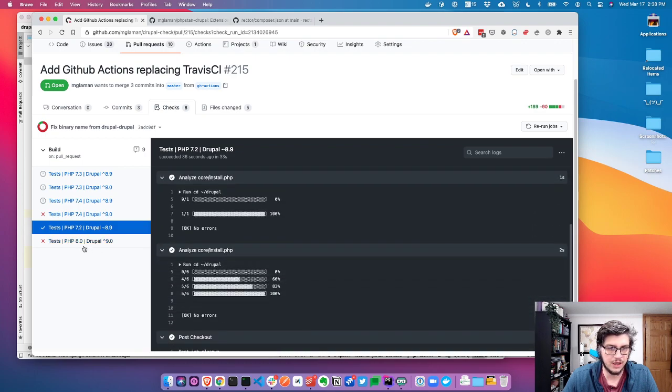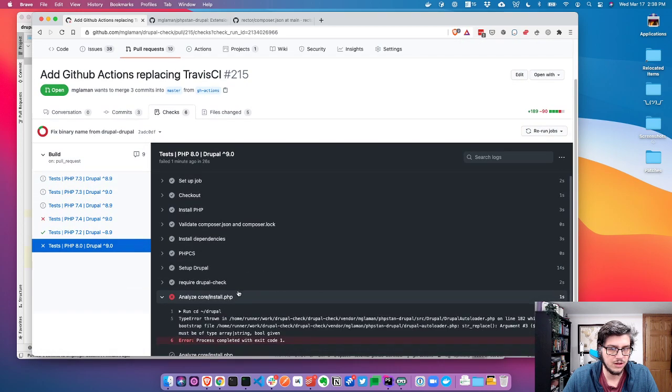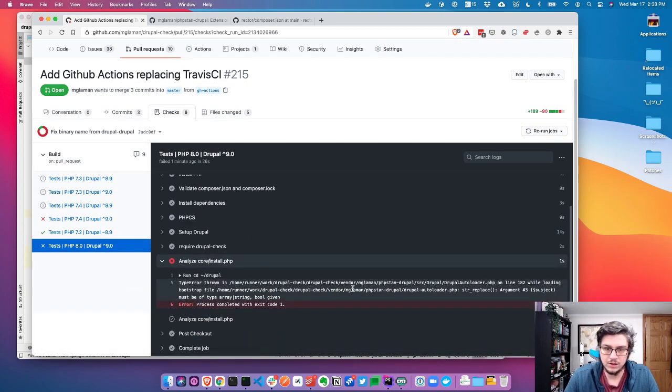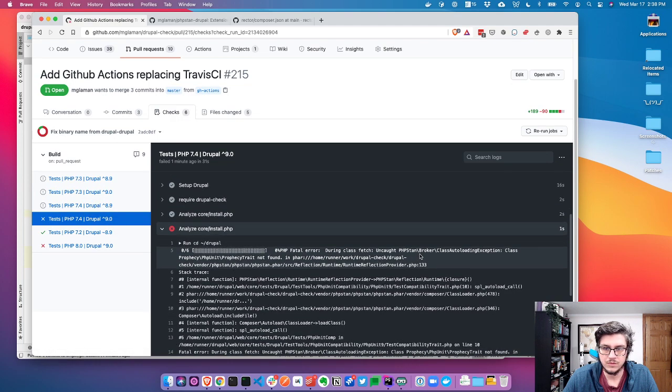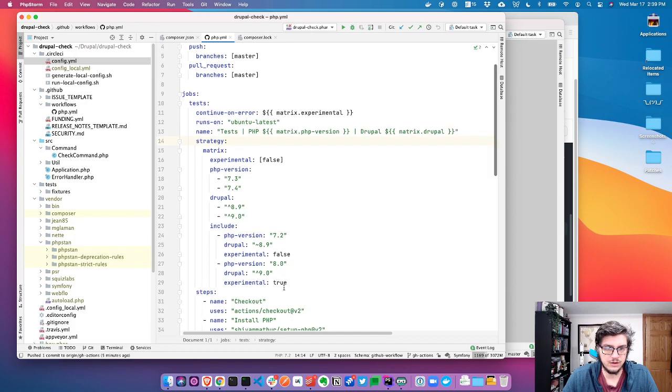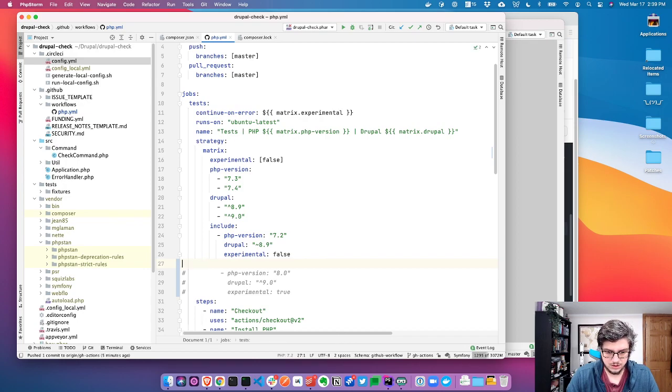So 7.2 worked. We analyzed, we got no issues. What happened here? Type error. Oh, because PHP 8 is not supported because we need, yep, prophecy tree. Oh, shoot. We need that part. So what I'm going to do is comment out this one. To do: add when upgrading PHPStan Drupal,